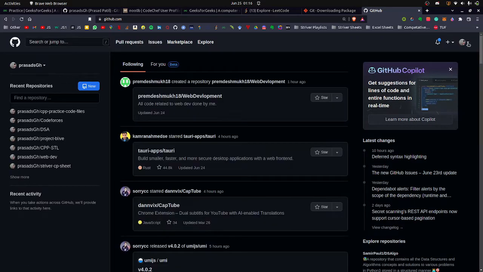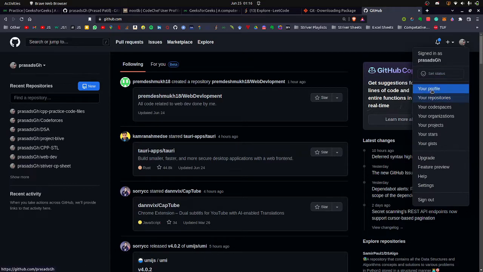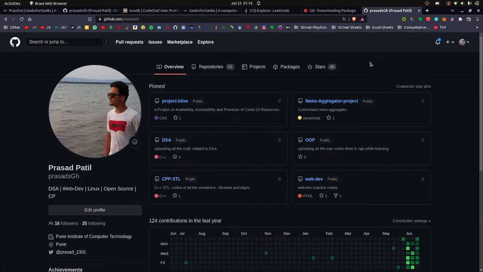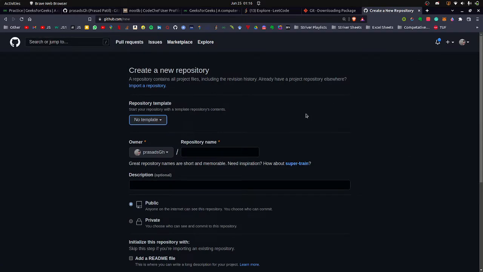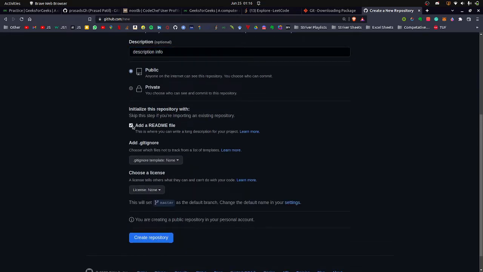So after creating your GitHub account, you will see this interface. Just go to your profile here and click on this plus button and New repository. So type your project name here, like I will be typing demo project. You can type your demo project description, whatever your project description is. Add your readme file, and in the readme file you can later on edit and give the information